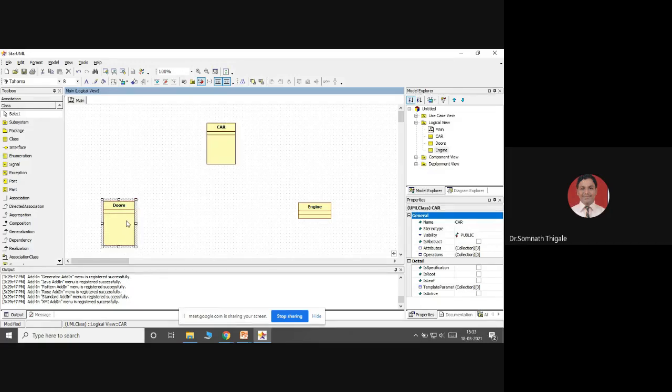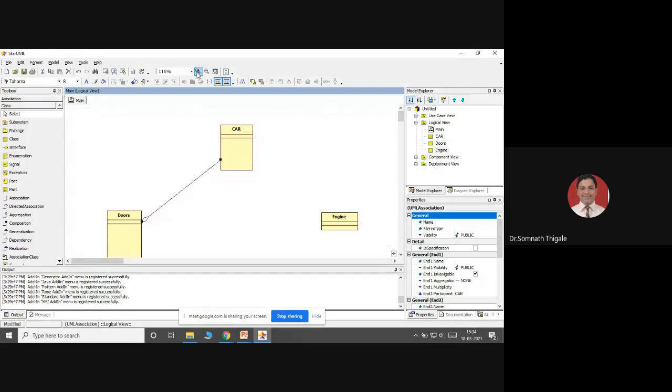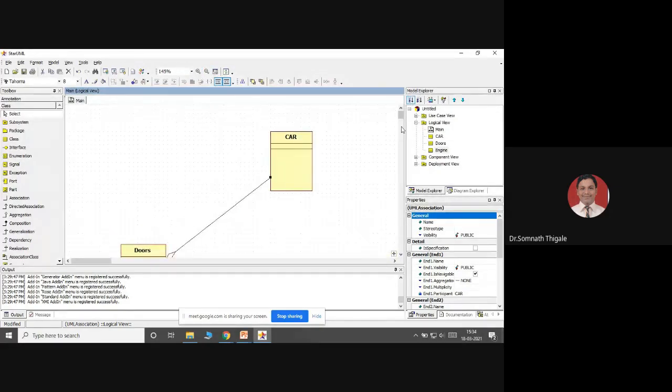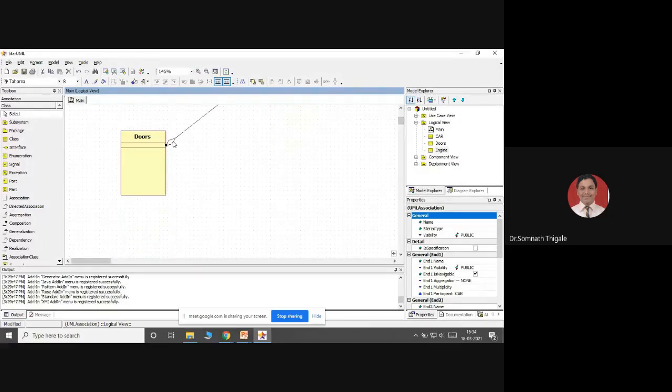This means the whole and part have a weak type of relationship. If it is weak, we can use aggregation. So this is an aggregation relationship. You can remember this: this is the whole, this is the part, and this symbol is a hollow diamond. I'll zoom in. See, this is the hollow diamond. It indicates that the relation is of the weaker type.